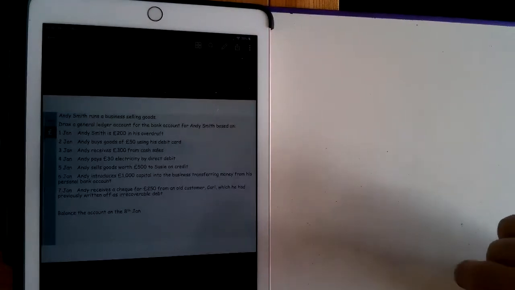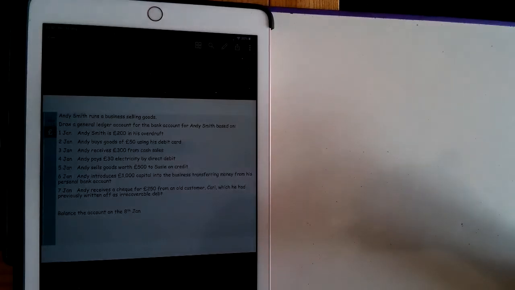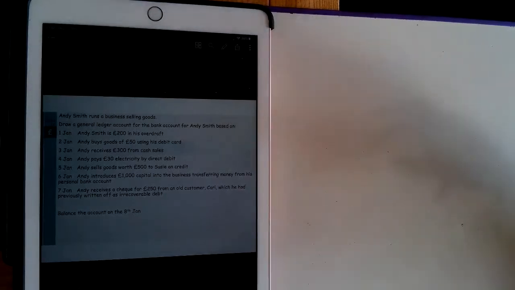Okay, so Andy Smith runs a business selling goods. You know Andy Smith by now. Draw a general ledger account for the bank account for Andy Smith based on, right, general ledger, in case you